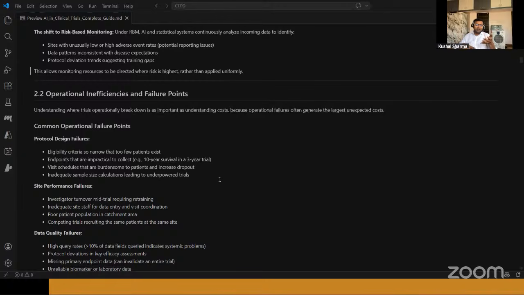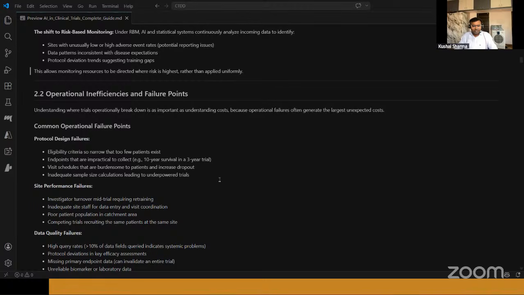Now understand, let's say there was a free breakfast offered; it is gone. The vehicle which was arranged is gone. Now, because of operational inefficiencies, the breakfast cost as well as the transport cost will be additionally charged, and it is not under the package specifically for your group. I hope this makes the analogy clear. So understanding where trials operationally break down is important.